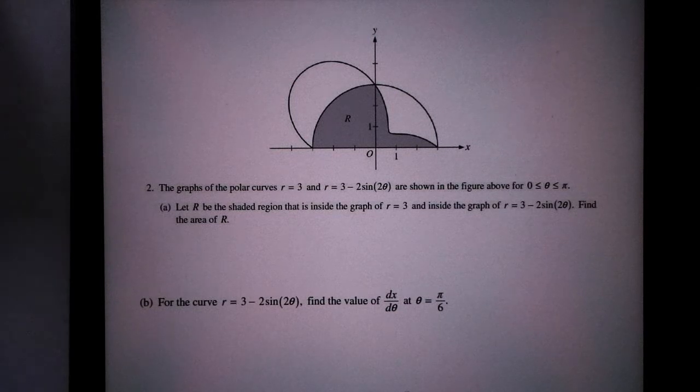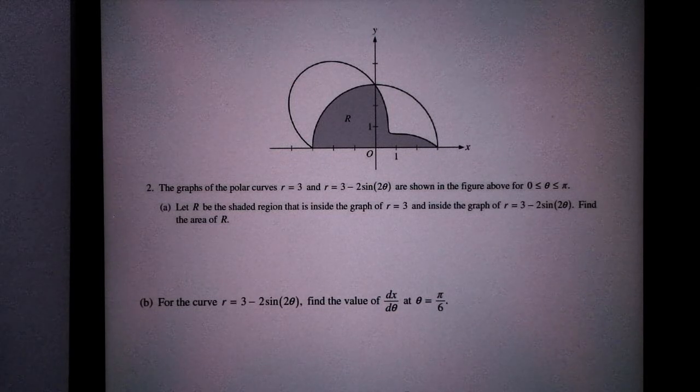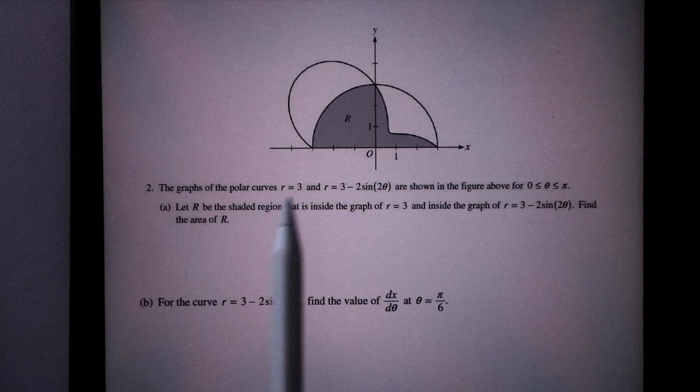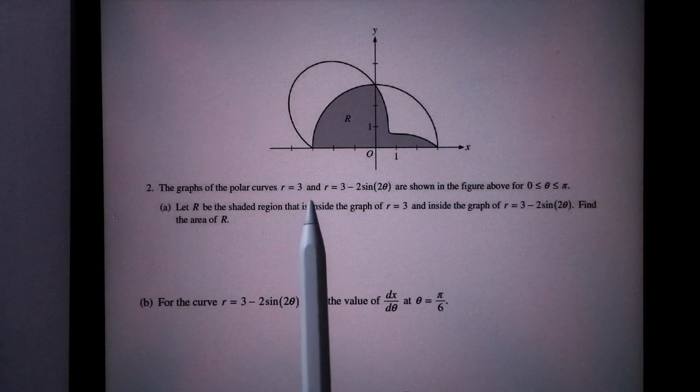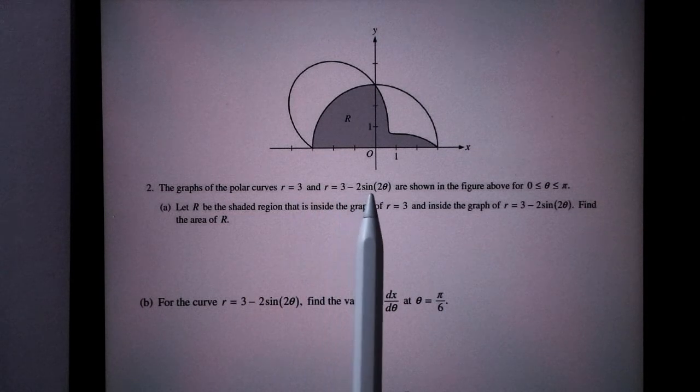Hello and welcome back. We're going to continue our discussion with the 2014 AP exam. So let's take a look at question number 2 for right now. Number 2 says the graphs of the polar curves r equals 3 and r equals 3 minus 2 sine 2